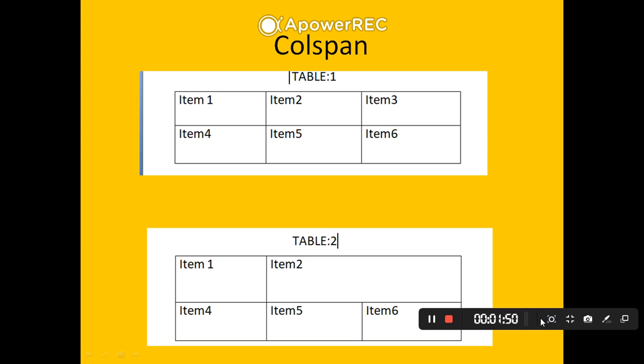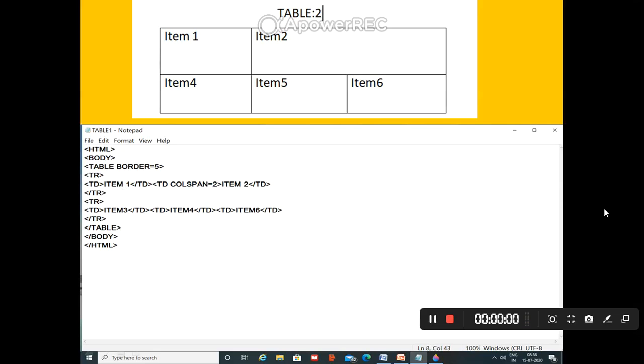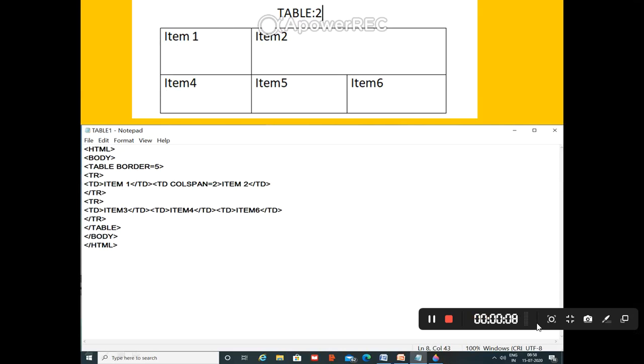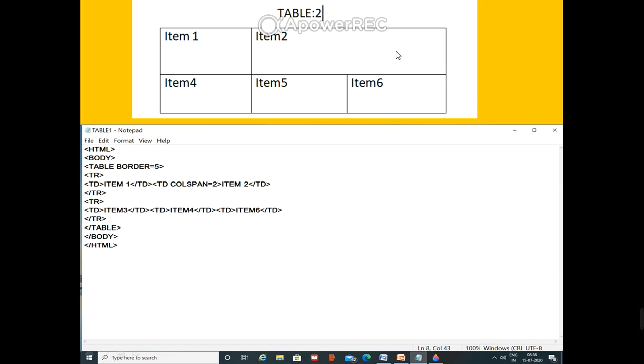How are we going to implement that? We are going to see this. The table is at the top, and we have displayed the code downstairs. Here we are going to use the colspan attribute of the TD tag. Row span and col span are both attributes of the TD tag. In the first row, item 1 is the first column, and the second column will take the space of 2 columns. So I have written TD colspan equal to 2, item 2. Only 2 items are there because only 2 columns are there.